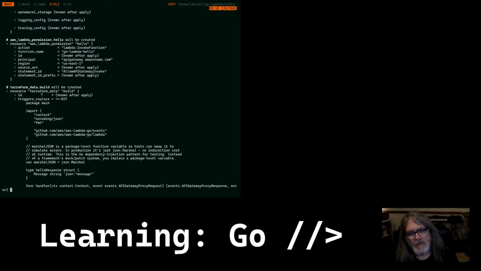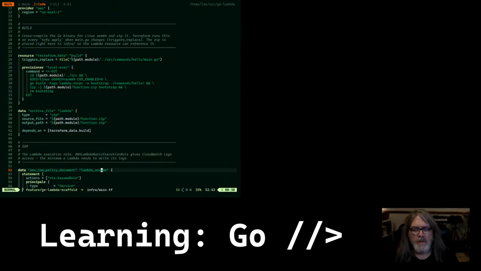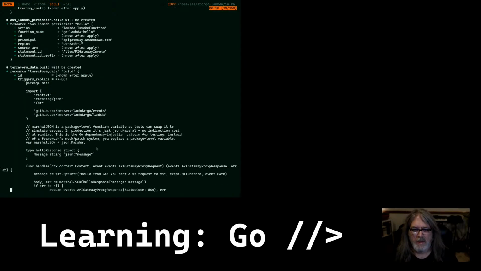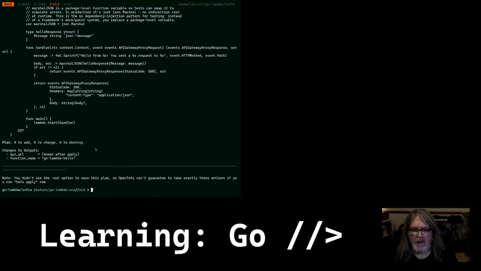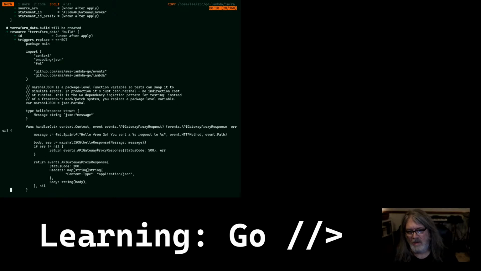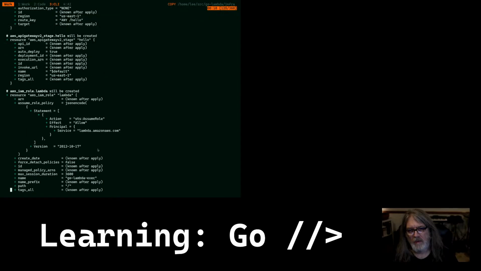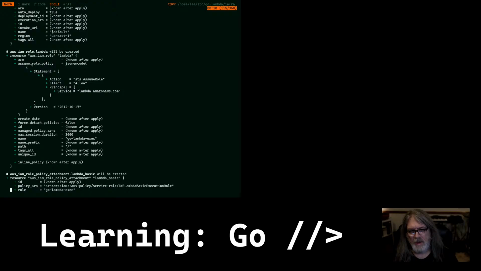Terraform data build will be created. Terraform data build. Okay, so then we'll go and compile the Go program and create a function.zip. Does this actually deploy it there? I mean, this says a lambda is going to be created, but it doesn't have the function yet to shove out there. So, manage policy,